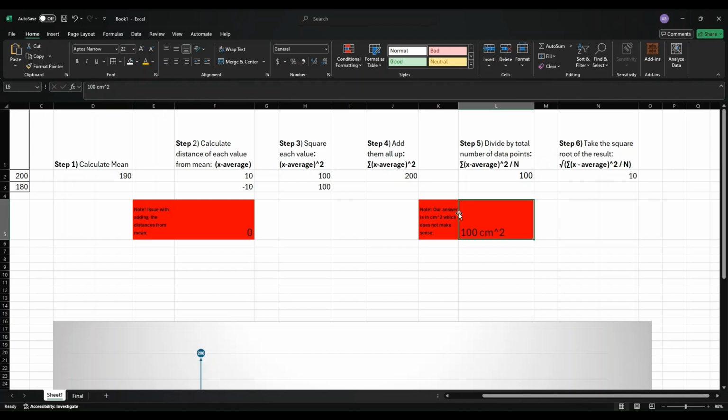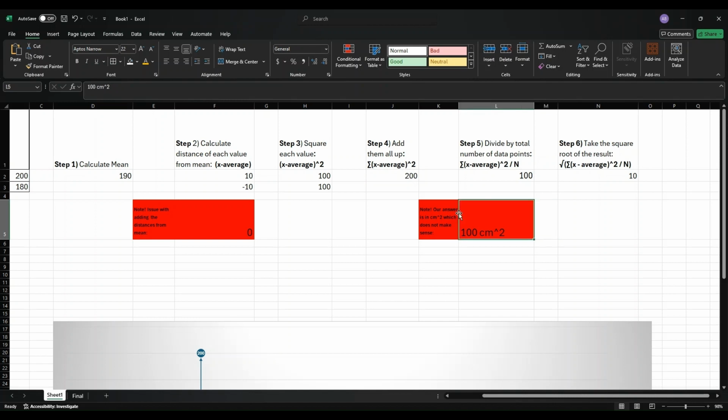And though you can compare the variance of two different samples, for example, our sample has a variance of 100 centimeters square. If there was another sample which had two data points and its variance was, let's say, 200 centimeters square, we could say that the second sample with the variance of 200 centimeters square has more deviation from the mean. However, it's not the most intuitive or practical of measures,